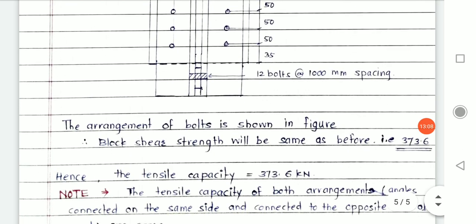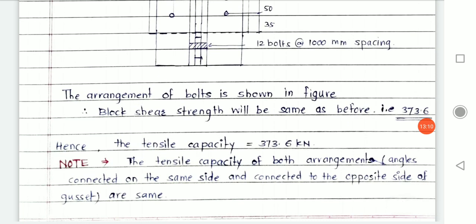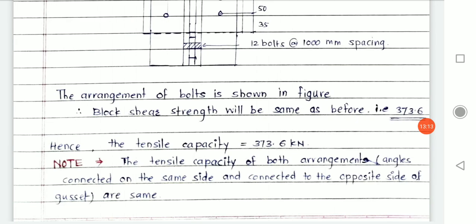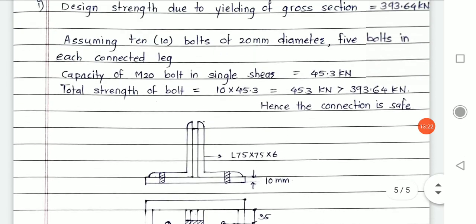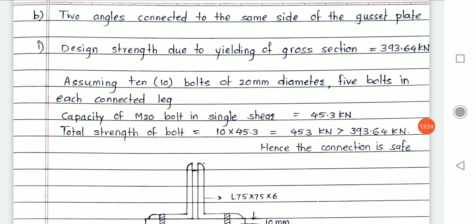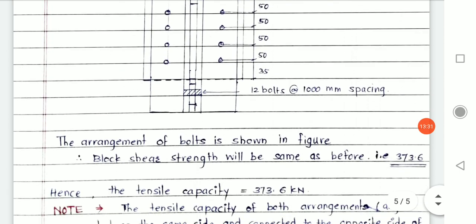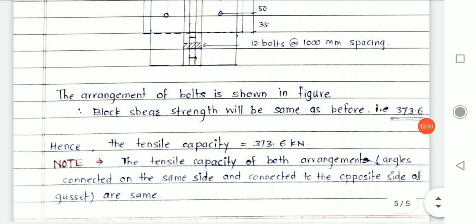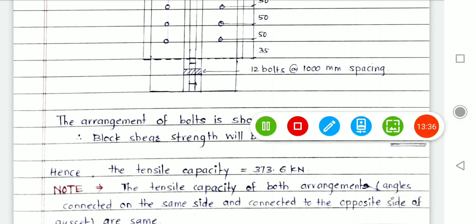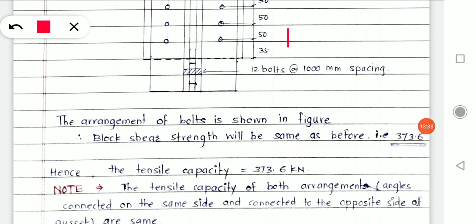Now, the arrangement of bolt is shown in a figure, and block shear strength will remain the same as before. Even the block shear remains the same, okay. Before that, we will go for the TDN value, because that's missing over here. So see, if I am talking about the TDN value,